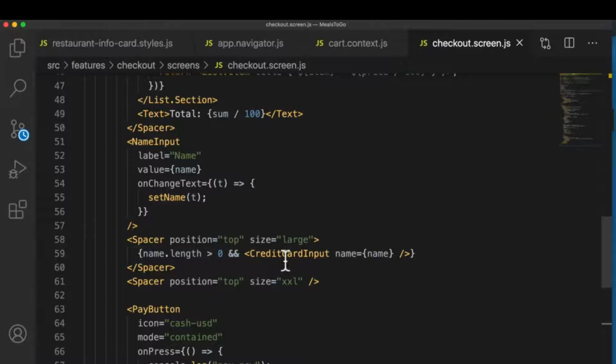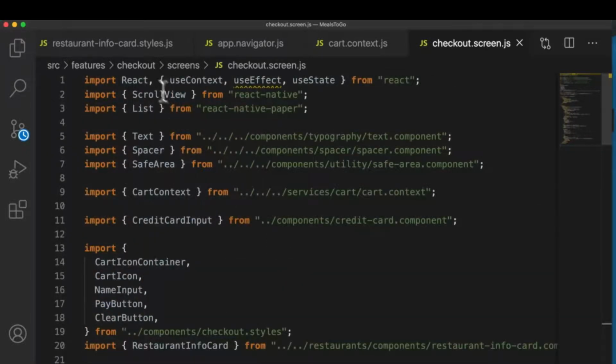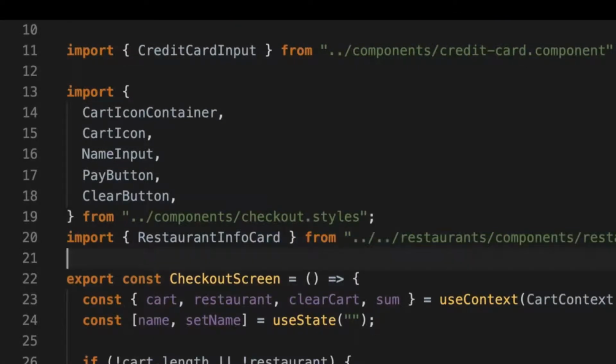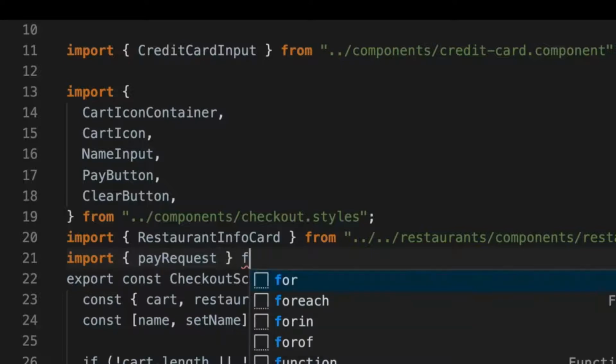We've been using our context to pass through the methods. Well, hold on, because checkout is holding state. The payment request is just doing a simple request to an endpoint. There is no intermediate state in which we can do the on payment. Now, you could, for instance, say that in the cart context, we could put an on payment method, but I prefer to do it this way. Right over here, we're going to import pay request, and we're going to do that from